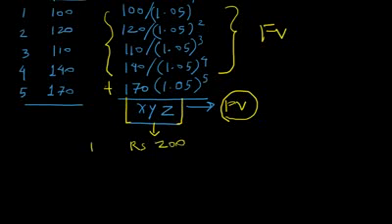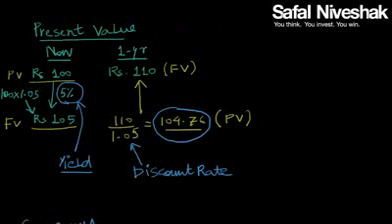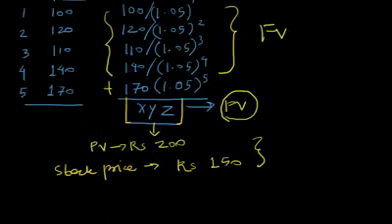and the stock price. This is the present value, right? And the stock price is, say, 150 rupees. Now what is the kind of decision you will take? It's again the same concept. You are paying 150 now, versus, for example, here you are getting 100 rupees now, or you want to take 110 now. Here you are getting 200 rupees of present value of cash flows over a period of 5 years